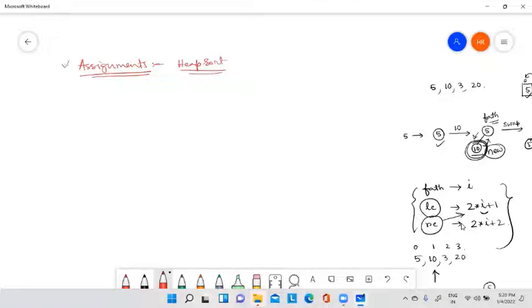Okay, so try to do the heap sort for a set of given numbers using an array, and you have to perform two different functions. One is called the heap creation function. Heap creation function is pretty simple. You have to pass the array and the number of elements in this heap creation function. Okay, and you have to create another function which is void delete.